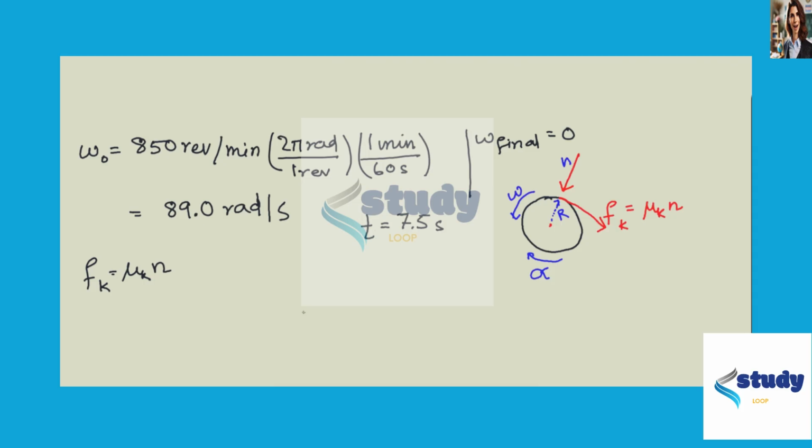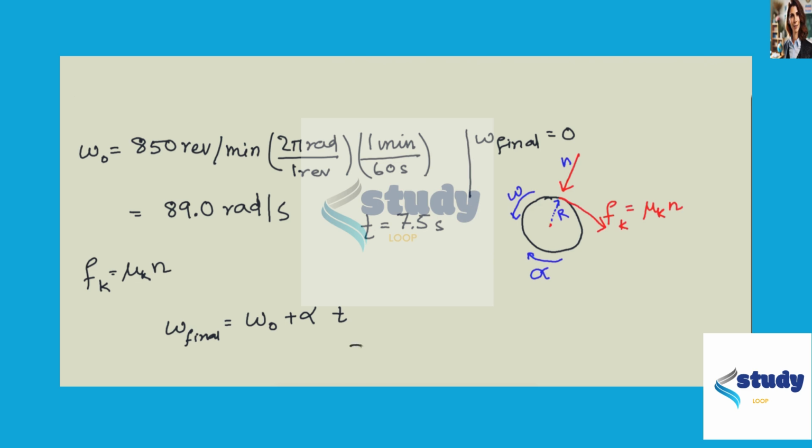Now we can use this following equation: omega final equals omega 0 plus alpha t, to find out the acceleration or angular acceleration that's involved in the system. So let's not worry about this first. Let's first calculate alpha, and then we can talk about why the direction